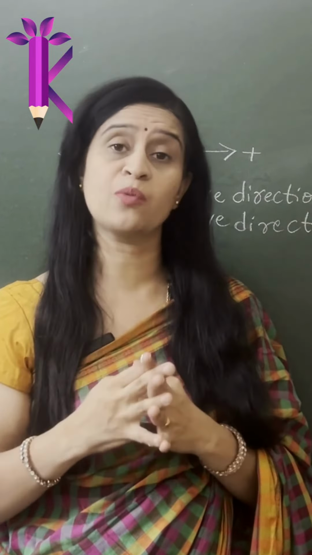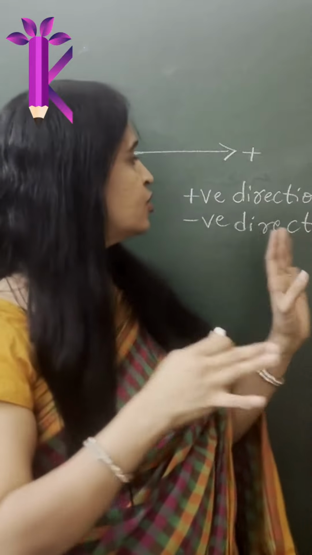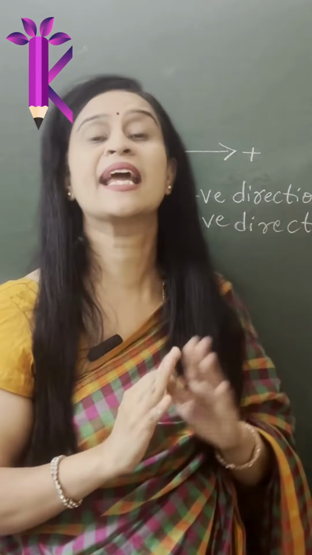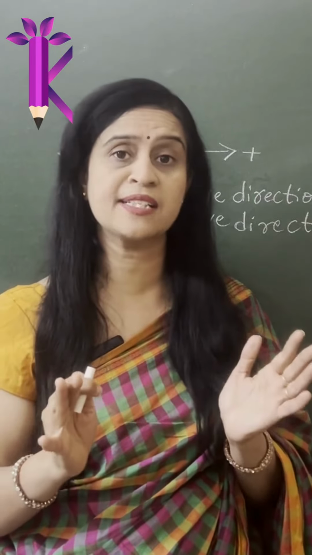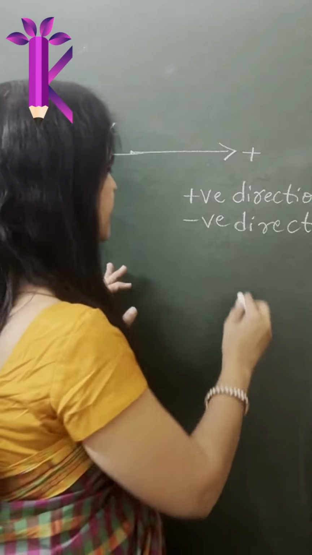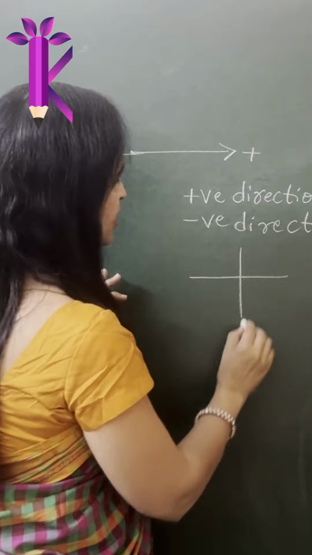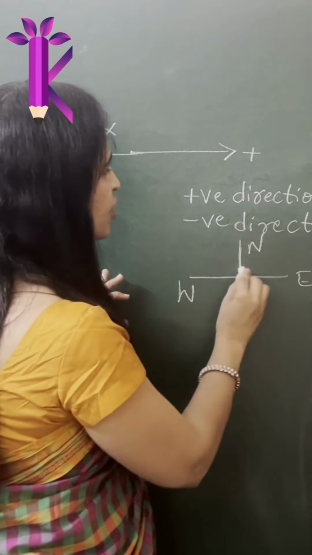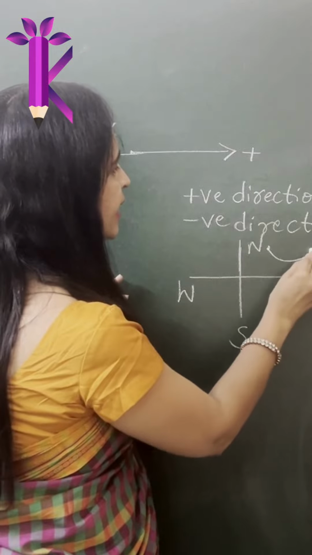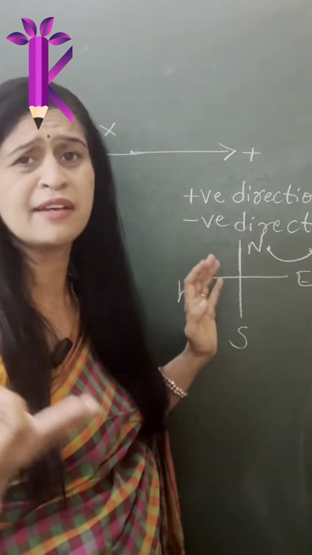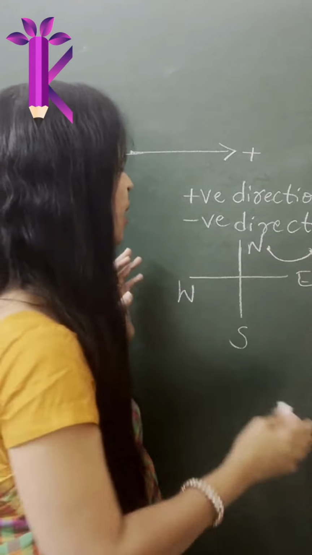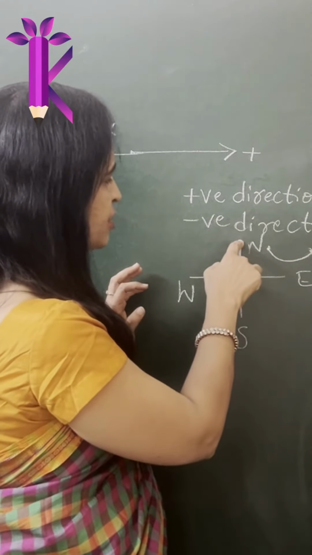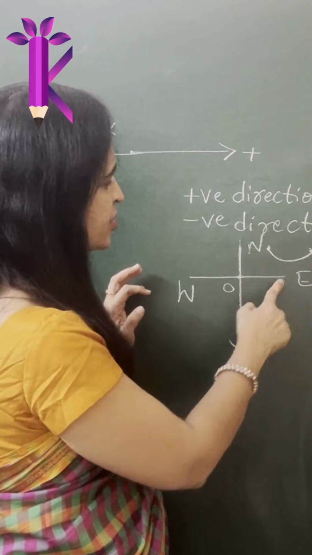Why are they termed as vectors? Because there this analogy of just giving directions as positive direction and negative direction fails. You can't just say it is positive or negative. For example, if it is traveling in space, let's imagine this is the south, north, east and west directions, and you have an object traveling like this from point A to point B. How will you say whether it is a positive direction or negative direction? It's not possible. So you'll have to say the direction. If you take this as the origin, this is the positive y-axis, negative y-axis, positive x-axis, negative